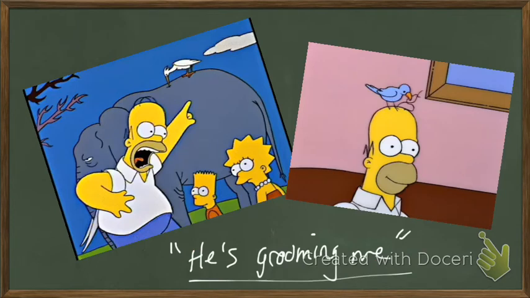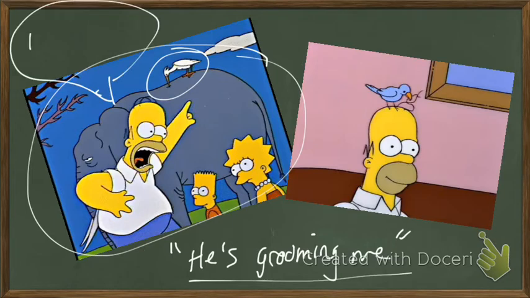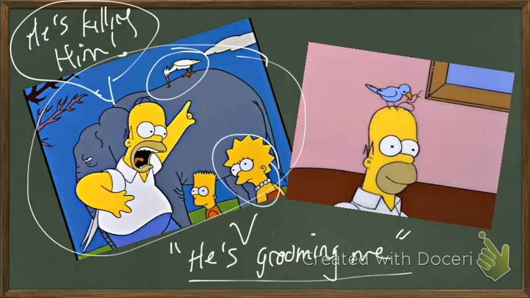One of my favorite examples is obviously from The Simpsons. I use this show a lot in my teaching. There's so many good scenes. Anyways, it's an episode where Homer and the kids, I think they drop off Stampy, I think it is, no, I'm mixing up the episodes. Anyways, there's a bird, whatever kind of bird it is, sitting on top of an elephant, and Homer says he's killing him, or he's killing the elephant. Realistically, Lisa corrects him, it says he's actually grooming him.